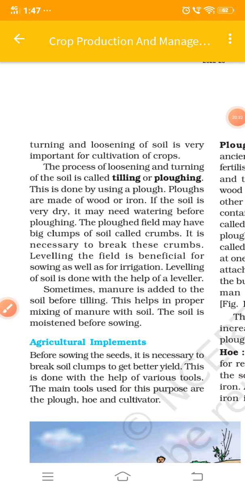Sometimes manure is added to soil before tilling. This helps in proper mixing of manure with soil. The soil is moistened before sowing. Agriculture implements. Now here they have said that manure is added to soil before tilling, before plugging, so that manure should be mixed up with the soil properly. That's why. Okay. Now agriculture